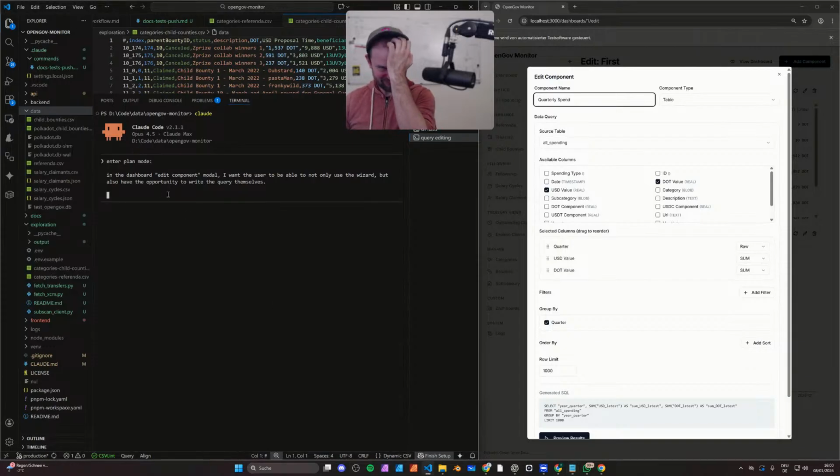So, okay, users have the opportunity to write queries themselves. How do you do this? I think most of the queries will use the wizard. By default, a user will always use the wizard. Within the edit component view, there is the option to